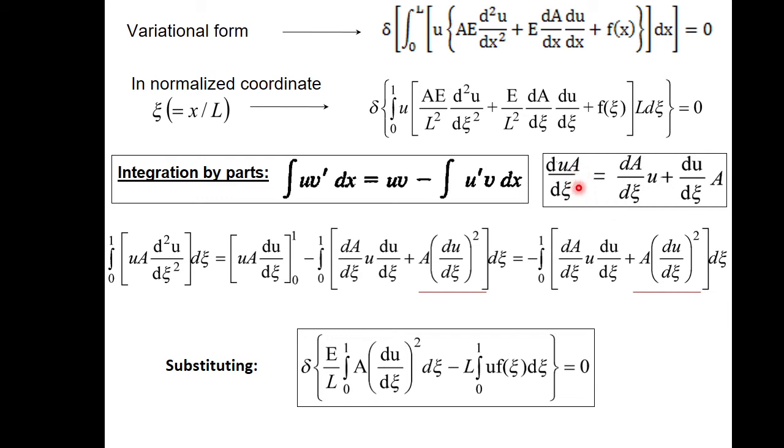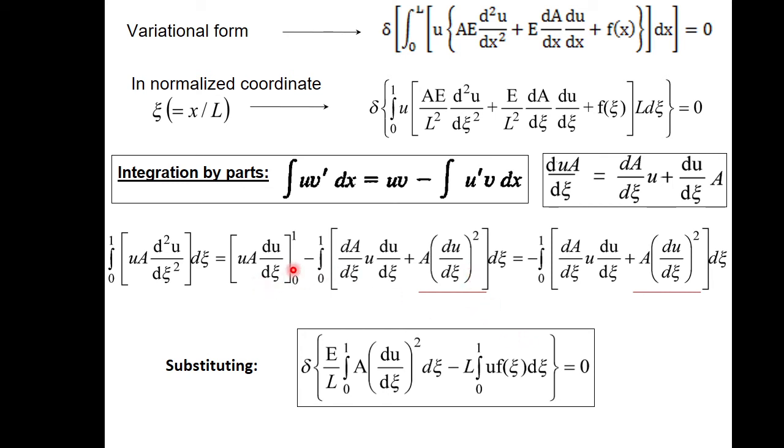No, this is d dxi of ua. ua is a product of variables, so this is what it will become, like this. From here we will get this term as well as this term. Because now with this v part, it is giving rise to a du dxi, and from here we are getting another du dxi. So it is becoming this a multiplied by du dxi whole square. Okay, this is clear.